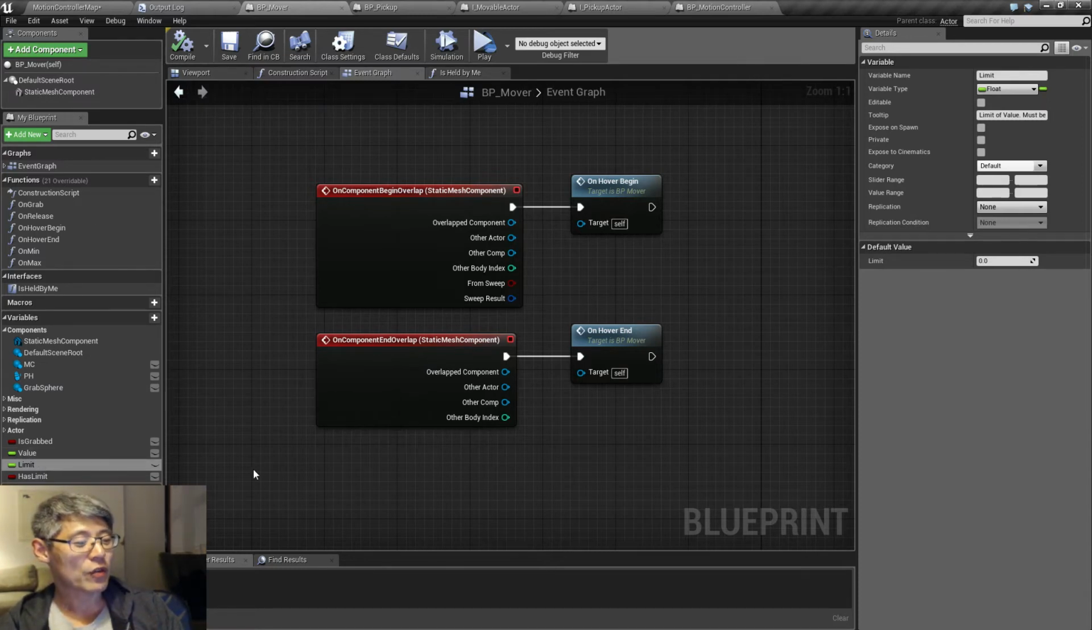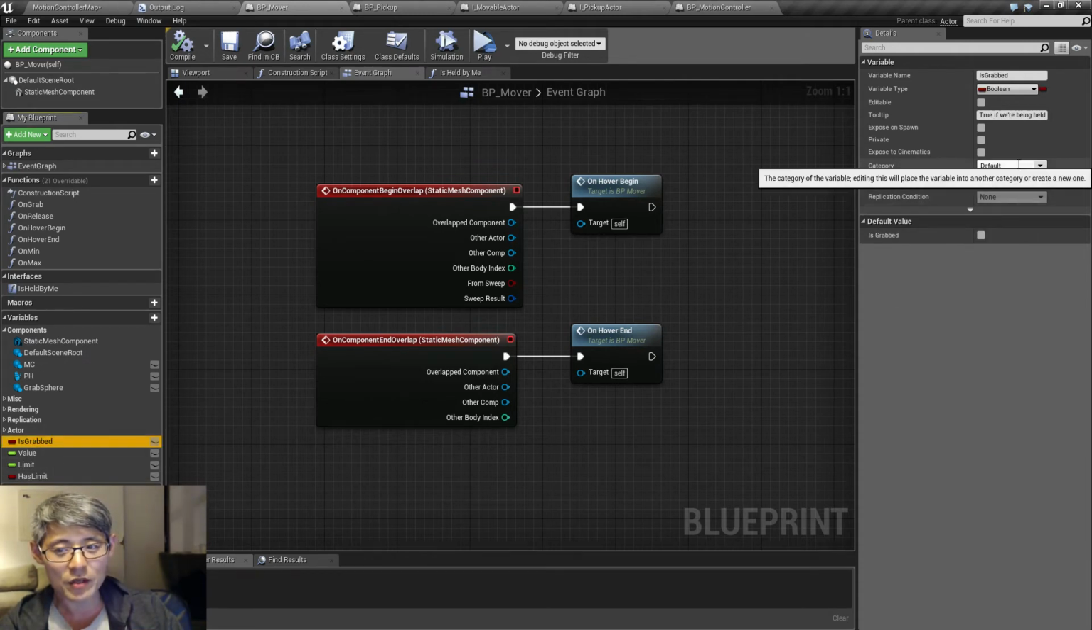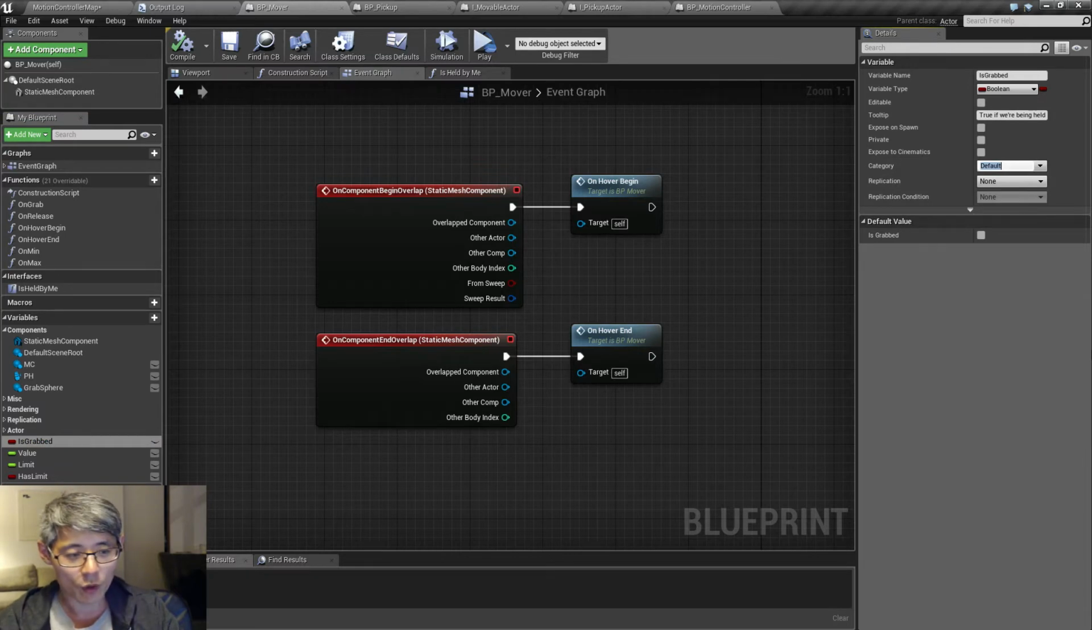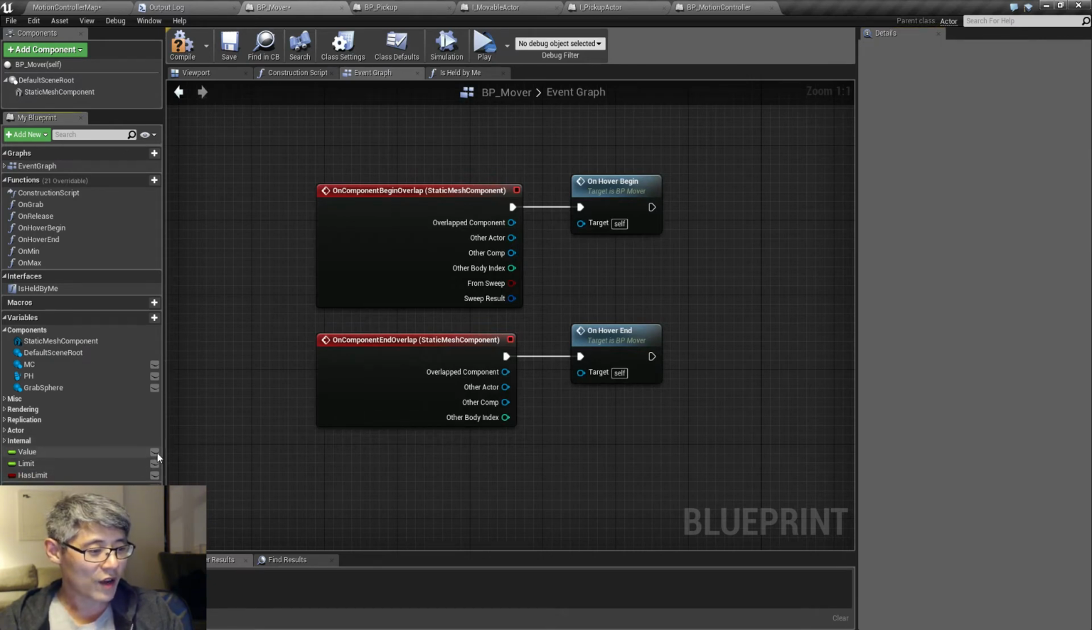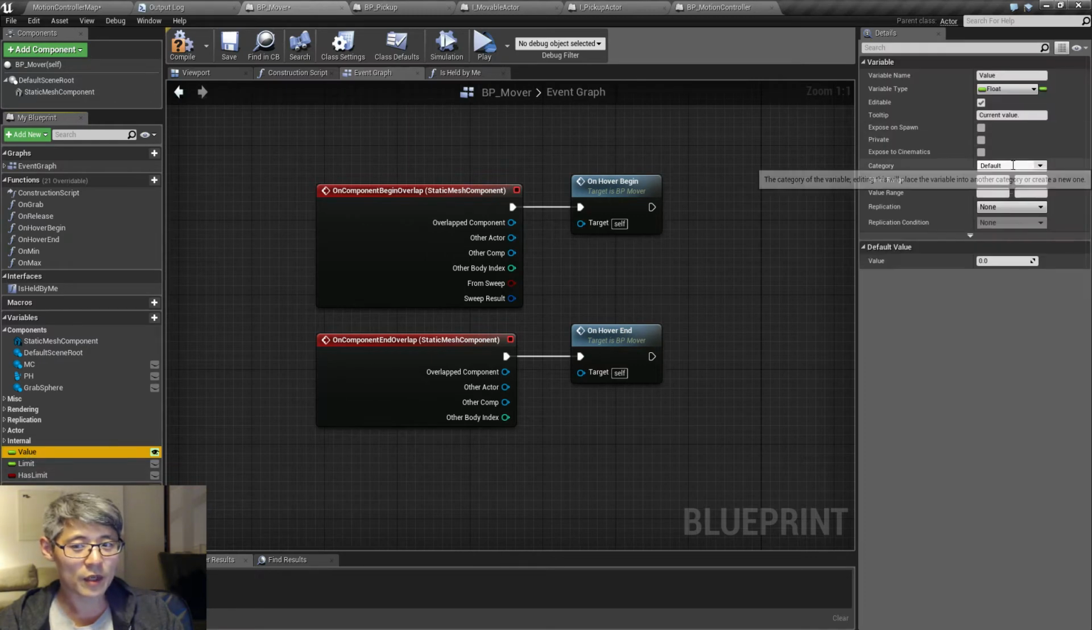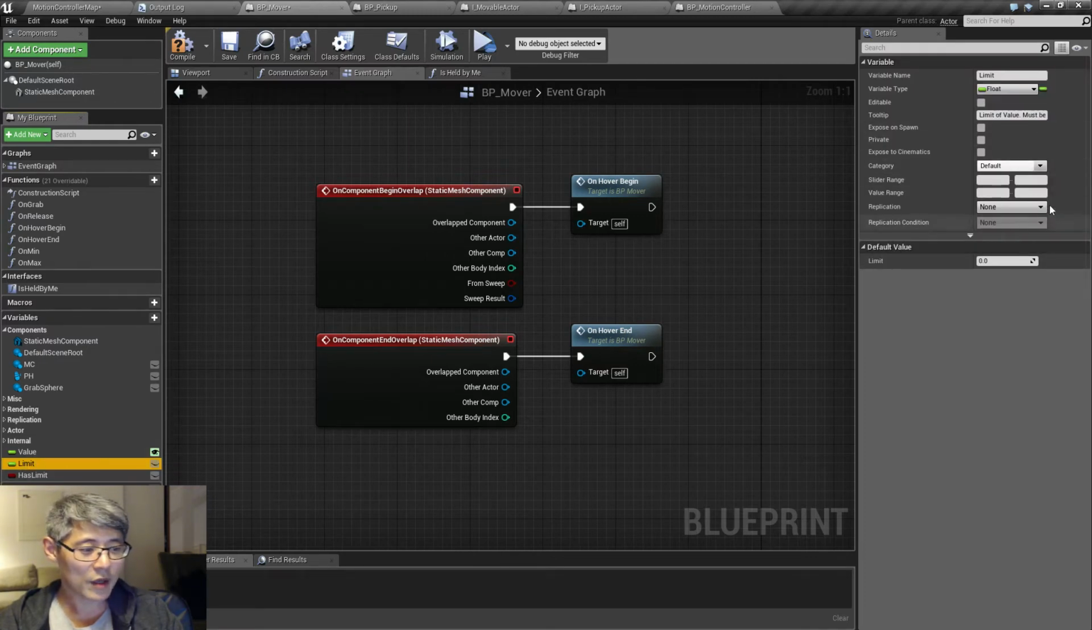So that means that we have a few things now. While we're doing this, the limit, let's move some of this stuff. The grab is going to be something I'm going to put in a category called internal, because it's something that we don't necessarily want to see. The value is going to be visible, public, and I'm going to keep it at the default. And the limit,